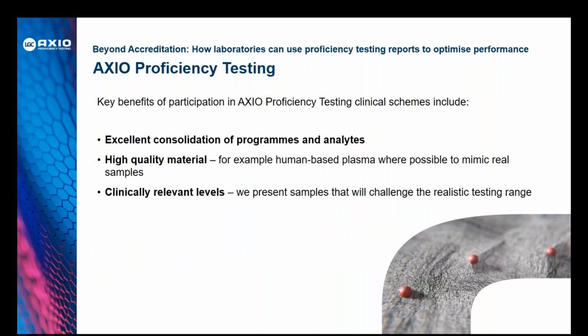Within this range of programs, we offer excellent opportunities for consolidation of samples to meet the individual laboratory's needs. Our schemes provide other key benefits, such as high quality material. We have human-based plasma, where possible, to simulate real lab testing scenarios. In our immunosuppressant schemes, for example, we use real human whole blood or plasma. We use pooled patient samples, which is important because the lab can view how their methods function with metabolites present